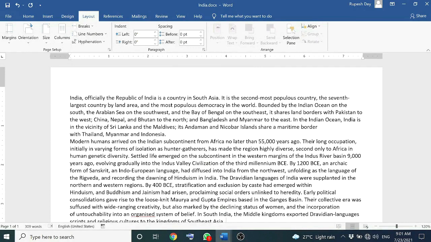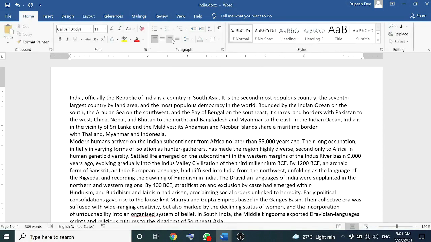Now, what is left alignment? Text is said to be left aligned if it is aligned with the left margin or indent. That is the default mode of alignment. Let's see. Go to the Home tab. Here you will find 4 alignments in the paragraph group. This is left, this is center, this is right, and this one is justify. By default it is left alignment. See, it is pressed, it is on. All the text starts from the left margin.